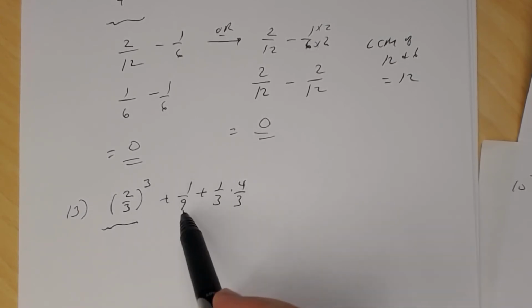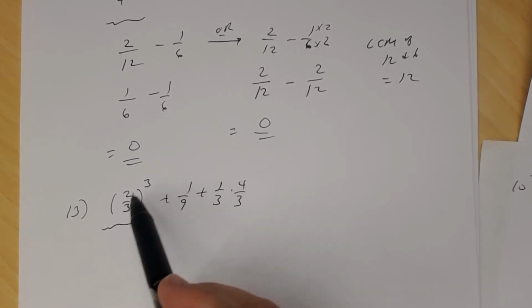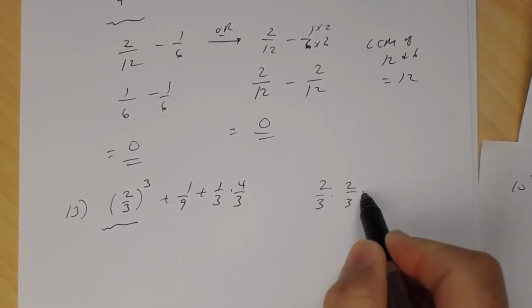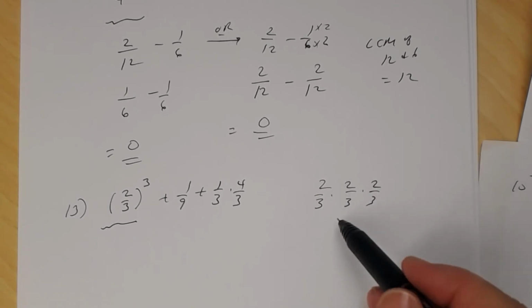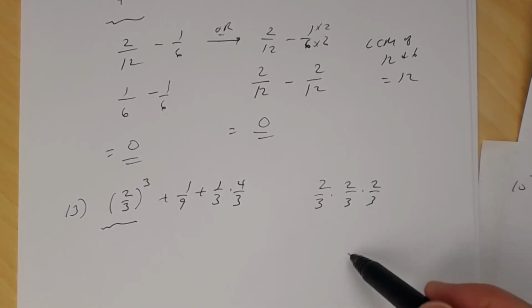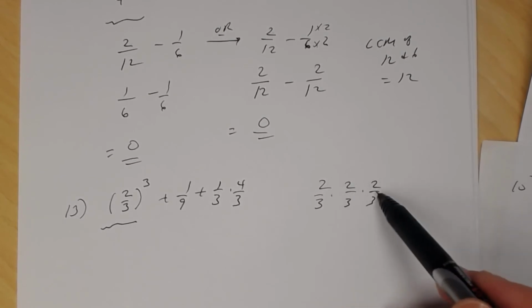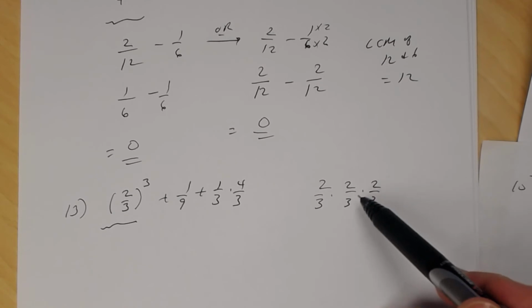So exponents come before any of these other operations. So 2/3 cubed, remember, means this. 2/3 cubed means 2/3 times itself 3 times. That's what that means. So 2/3 times 2/3 times 2/3. So I can't reduce anything here. Nothing's reducible, so I'm just going to go ahead and multiply the numerators out, and then I'm going to